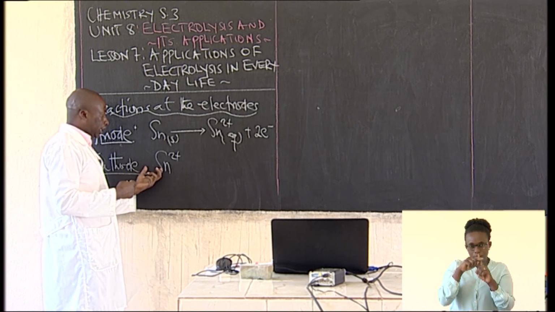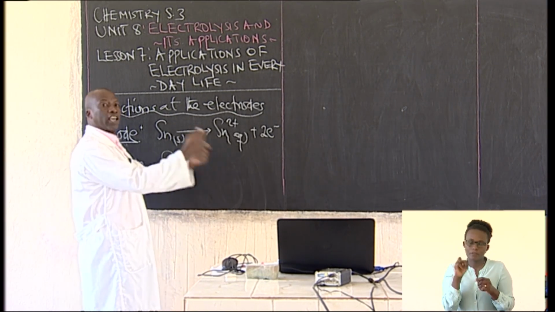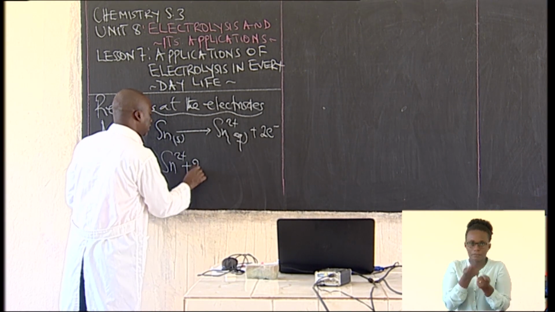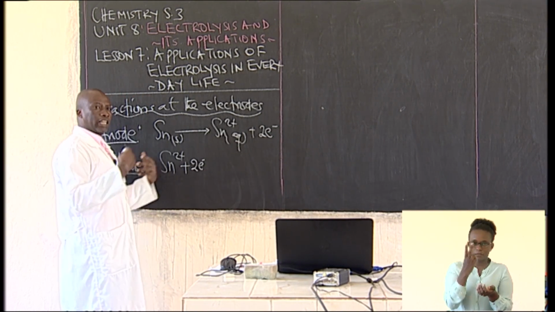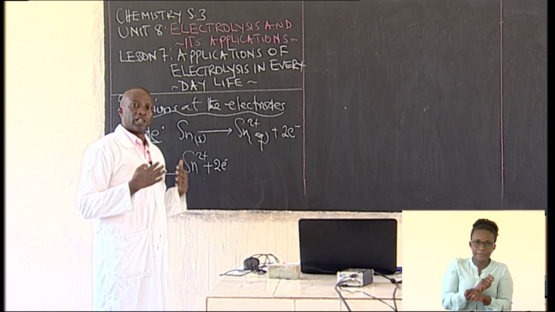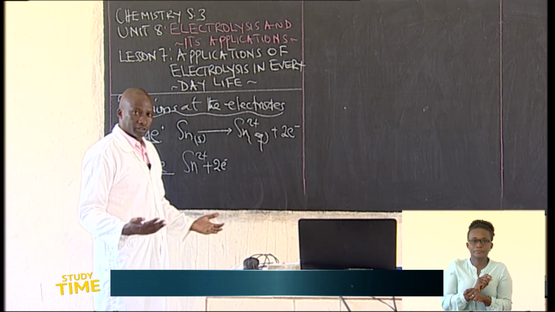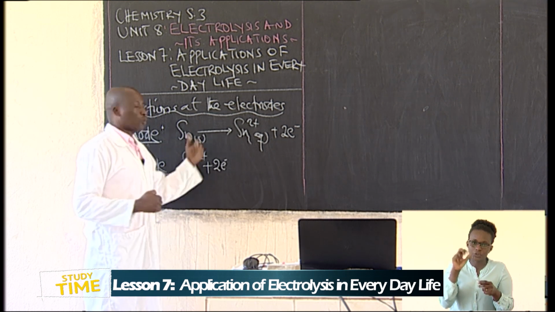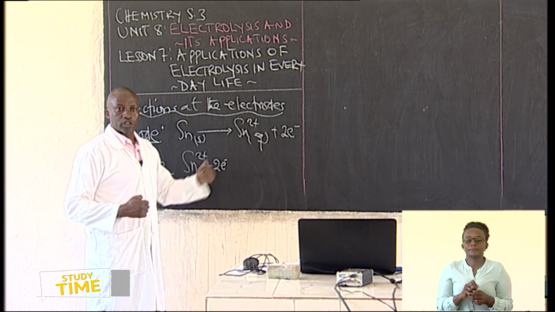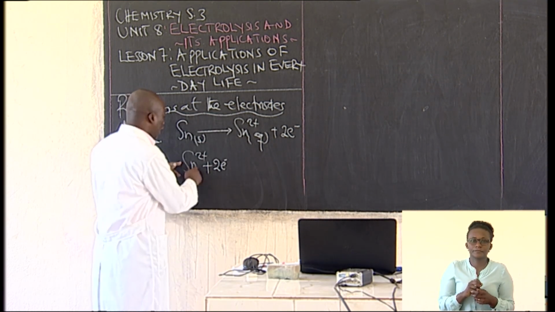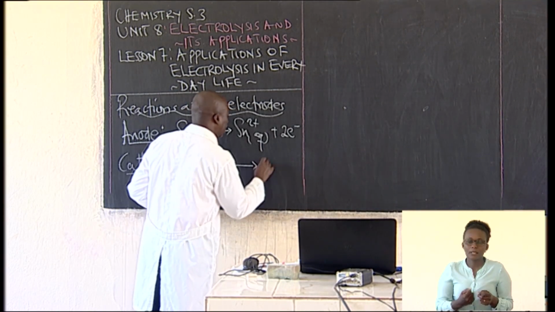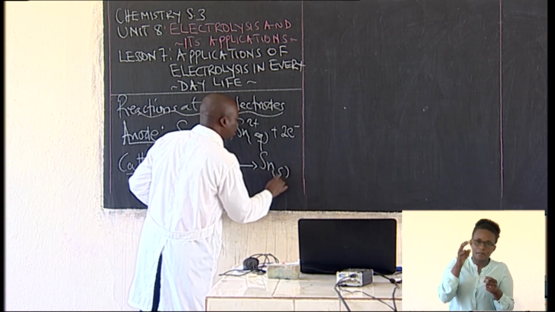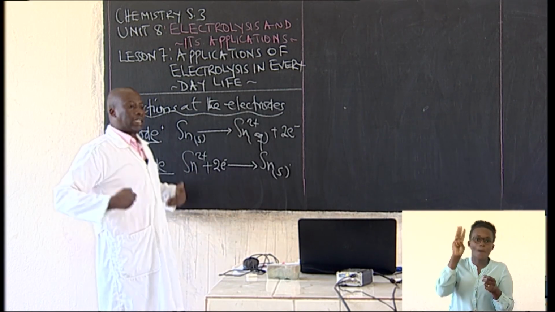The ions of tin 2 will move to the cathode. And once they reach the cathode, they will gain the electrons. You remember at the cathode, there is what we call reduction. Reduction takes place at the cathode, whereas oxidation takes place at the anode. So here this one will change into tin, which is the metal. So there will be deposition